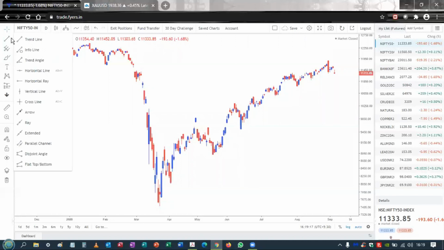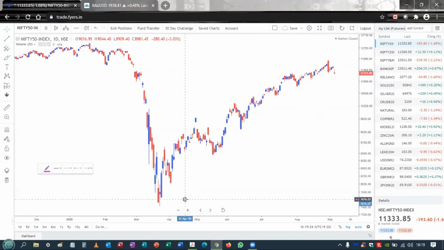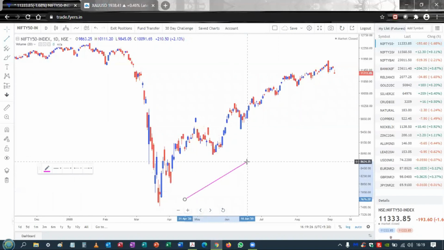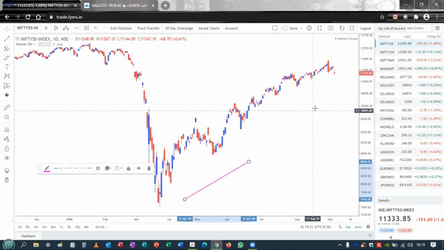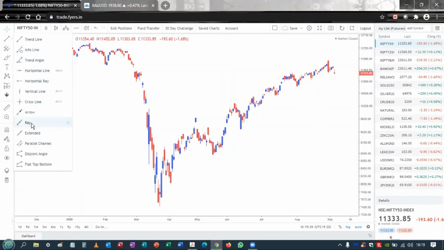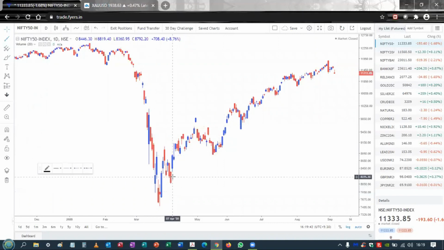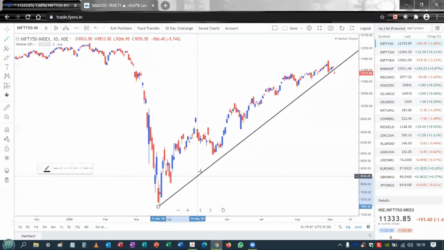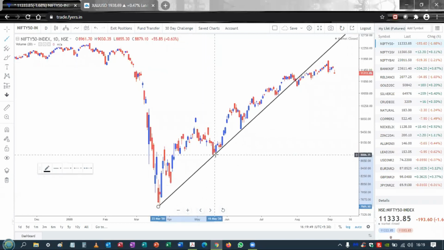Now, as I said earlier, I'll not just select the normal trend line, because a normal trend line, if you select it, will start from where you start drawing and stop at the point where you stop drawing. So a normal trend line doesn't extend to the right. What I instead want is a trend line that extends infinitely to the right. So I'll be selecting something that's called a ray. As you can see from this image, this trend line extends infinitely to the right. So from here, the lowest point, I'll draw a trend line and connect this swing low over here.